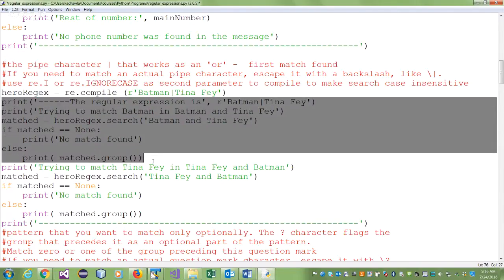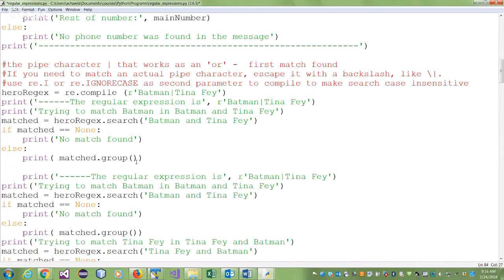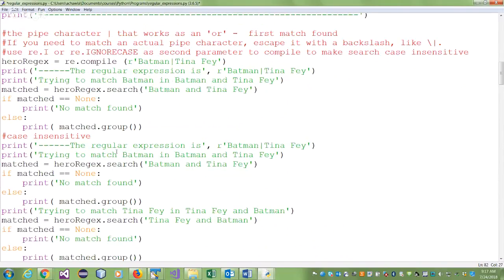I'll do a Control C and I will print it again. So I'll say ignore case, insensitive, so that you have it. Right? Now I'm trying to match Batman and Tina Fey as I was doing before. And I'm trying to match Batman in this phrase. I'll change it. And now you will see the result will change. It will show what? It will show